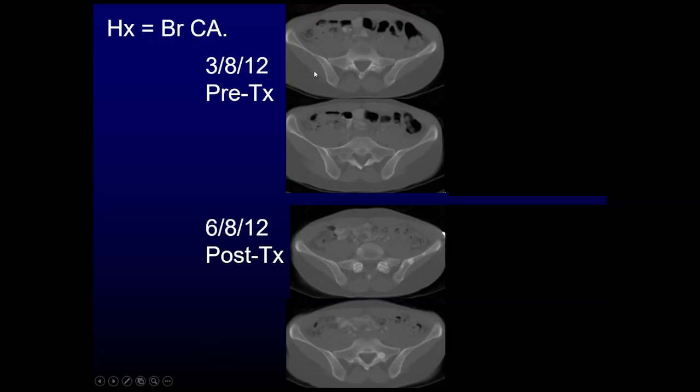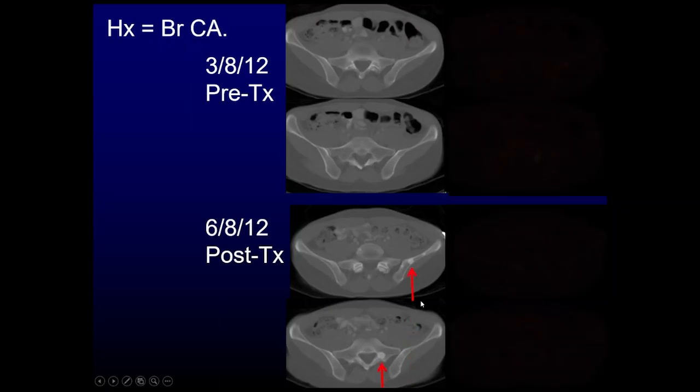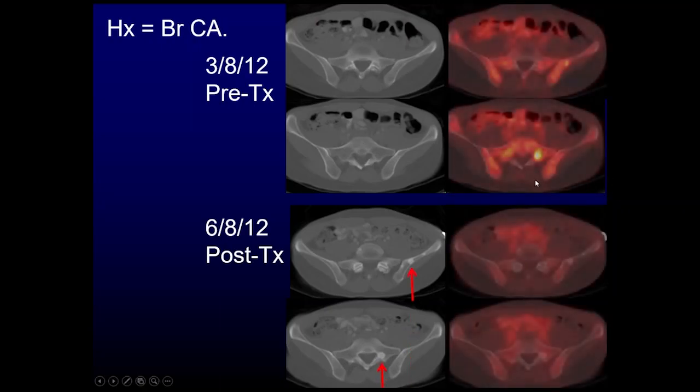Here's an example of a patient with pre-systemic therapy and post-systemic therapy. The post-systemic therapy demonstrates new sclerotic osseous lesions, which could be interpreted as new osseous metastases. However, if you add the FDG component of the FDG PET, you can see that actually this patient had FDG avid metastases which were not apparent on the CT, and after chemotherapy, the new sclerotic osseous lesions are actually treatment